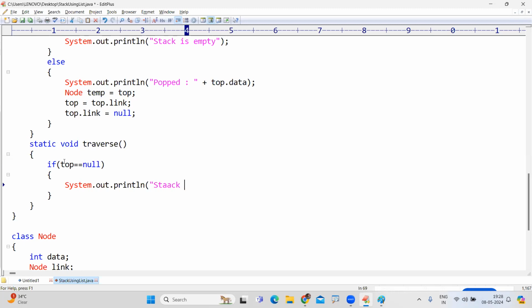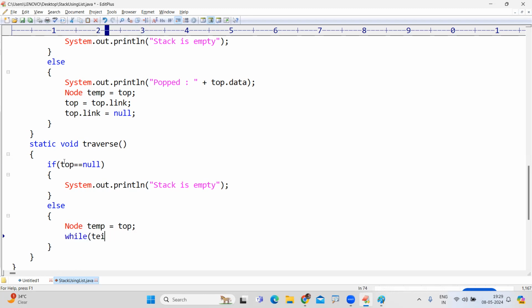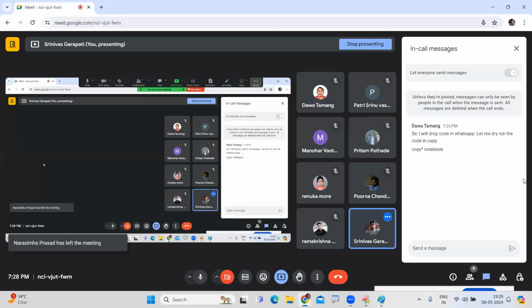System.out.println stack is empty. Else, the stack has elements, so take one temp variable. Into the temp, store the top value first. So while temp is there,